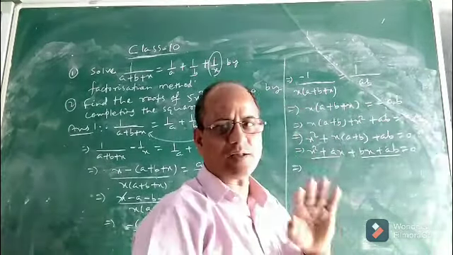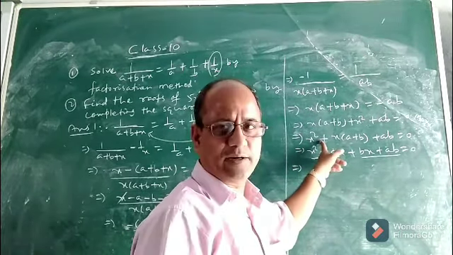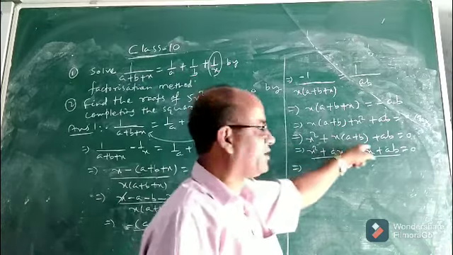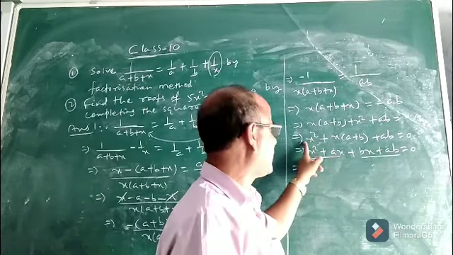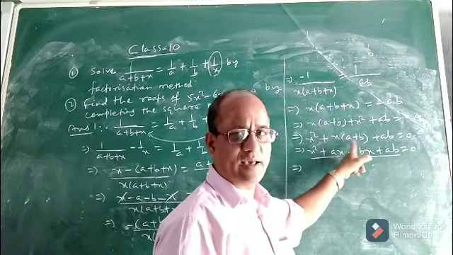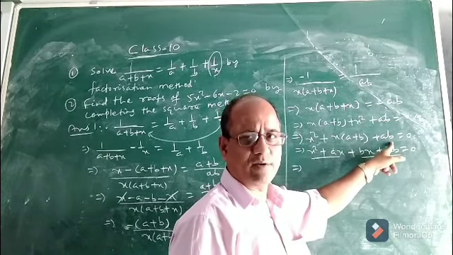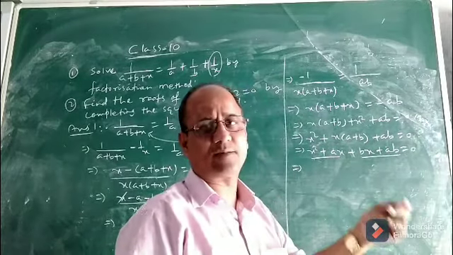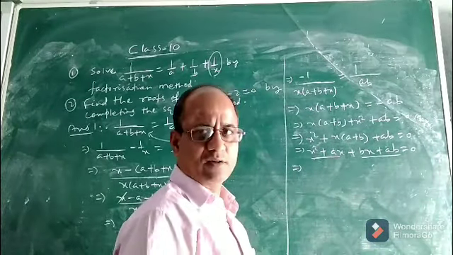Actually the question given was not in the standard form. Now it has been reduced, you see. Now the given question has been reduced to the general form. ax square, the value of a is 1. Plus bx, bx means the value of b is a plus b, and plus c, what is the value of c? It is ab. So now it has come in the form ax square plus bx plus c. Now you can easily solve it.